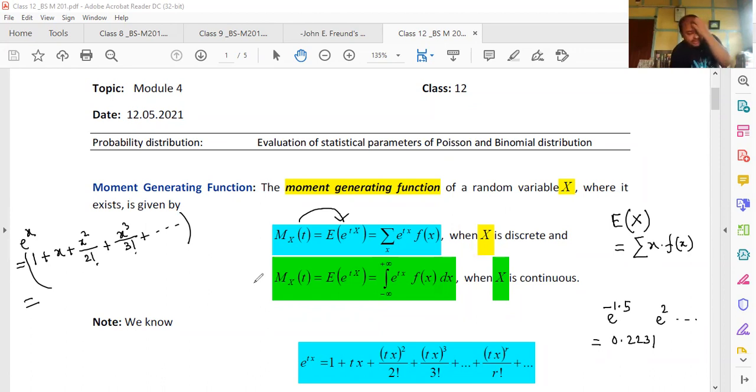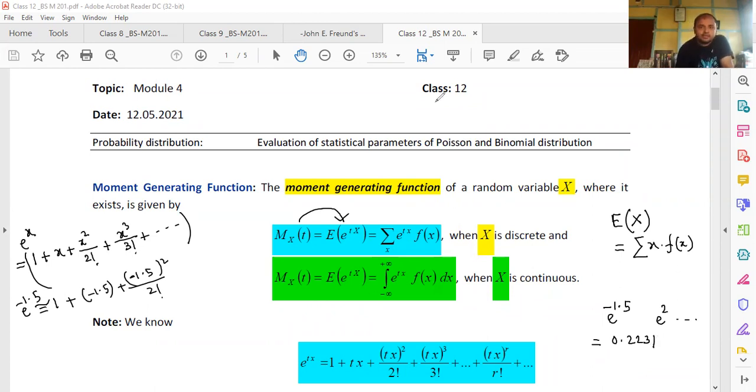So if you want to calculate roughly e to the power minus 1.5, we can take the help of this particular series. And if I consider only 3 terms, e to the power minus 1.5 can be written as 1 plus minus 1.5 plus minus 1.5 whole square by 2 factorial. So the value which will be obtained will be an approximate value. It may not be equal to 0.2231. It is a matter of checking how many terms we must consider to get 0.2231, and it is a matter of numerical analysis. So we are not going to discuss it.